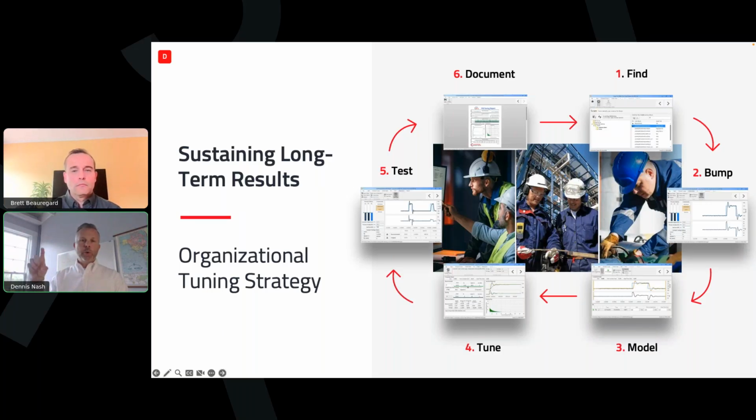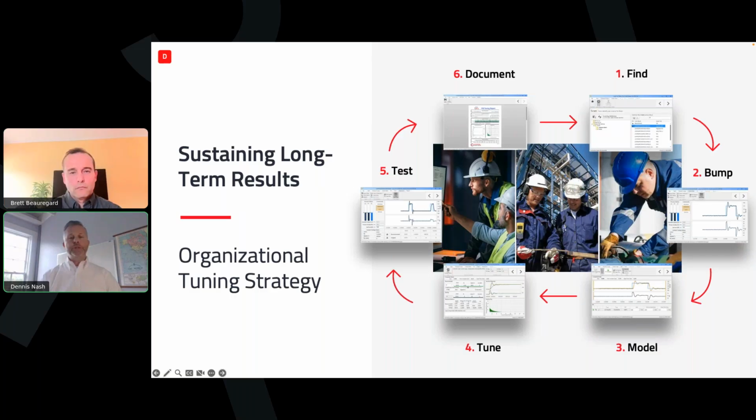Using it to understand where the noise band is, escape the noise band with your bump, whether it's, again, a doublet or a step or otherwise. Finding the model and calculating the model attributes so that you can fine tune it to get to those tuning parameters that are ideal, testing it and documenting. Again, this is an important approach that most third-party technologies apply,